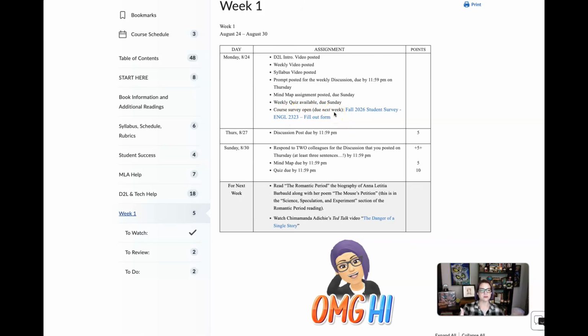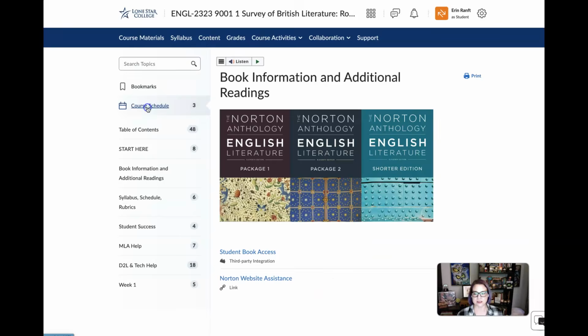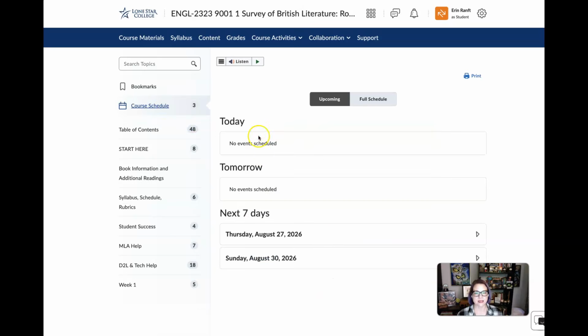I just wanted it to be there so some of you who want to hit the ground running can get some things out of the way if possible. That's also why I put the list for next week. We don't have any reading or any of that due this week, but if you want to work on getting ahead a little bit, these are the things that we're going to touch on next week.